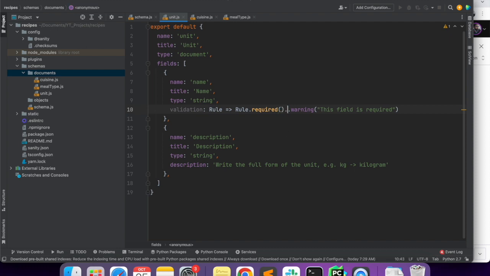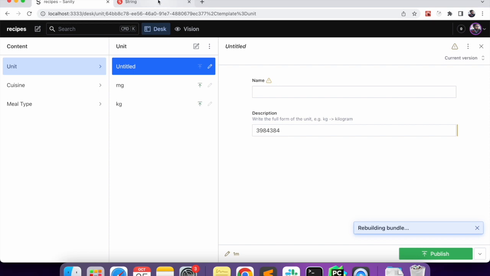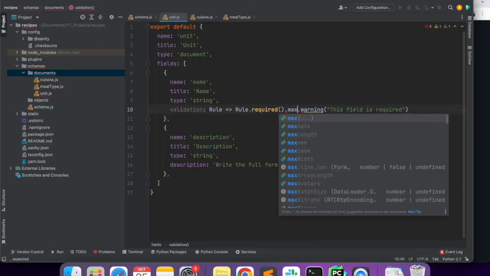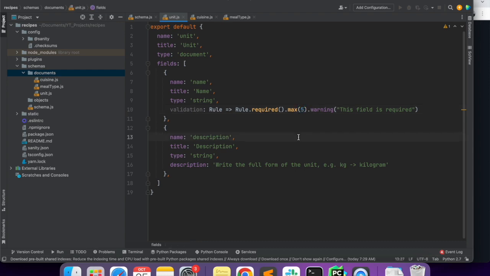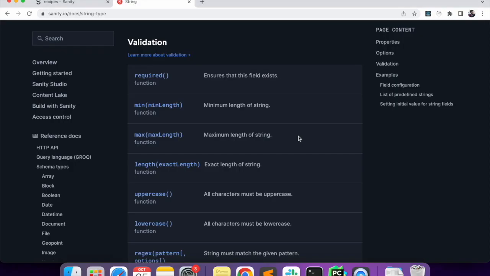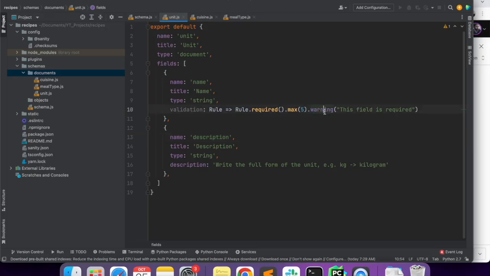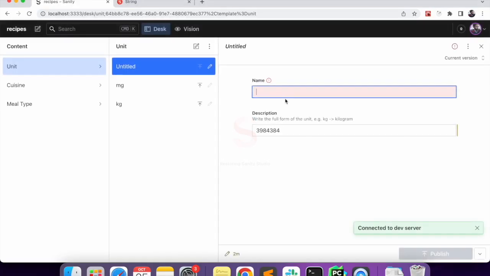Like if it is required, then you want the length of the string to be of some specific size, so maybe minimum 3 characters or 2 characters, or we will go with max because minimum can be 1 as well. So we'll go with max maybe 5. So if I say max 5, okay, this is fine, we can actually do this. Now if I go there, over here we'll change this back to error. Okay, now if I go here and the max is 5, so yeah, you can see that once we started